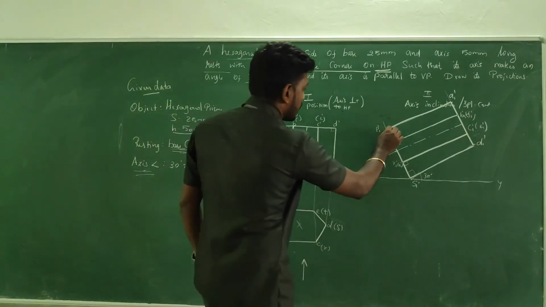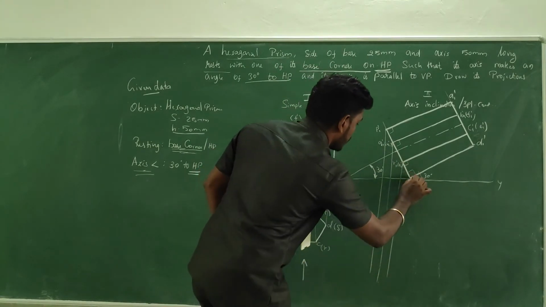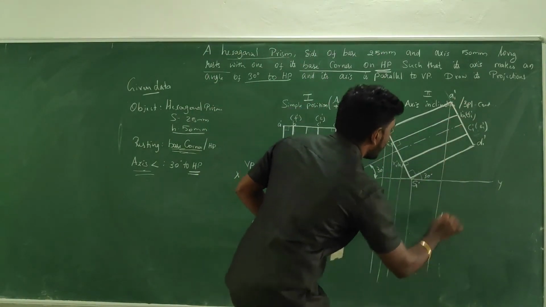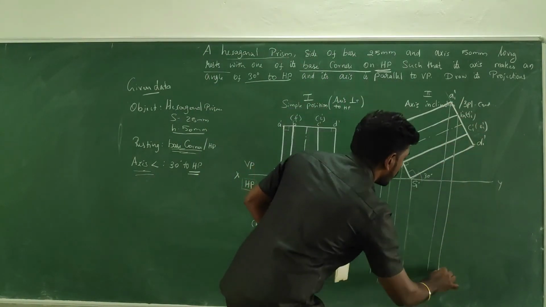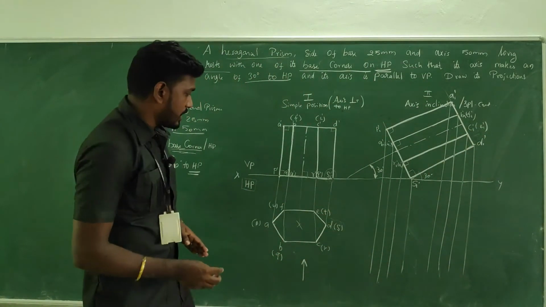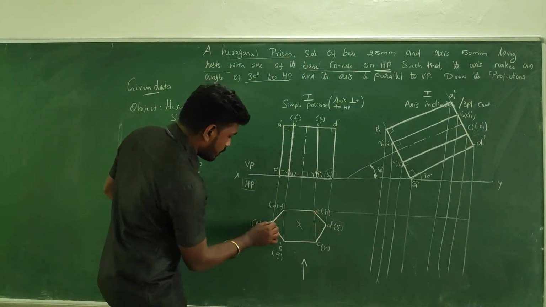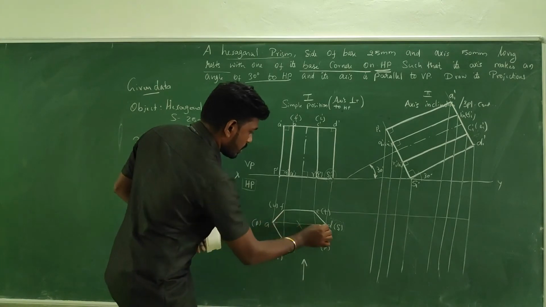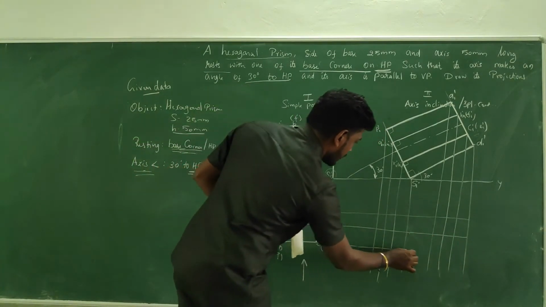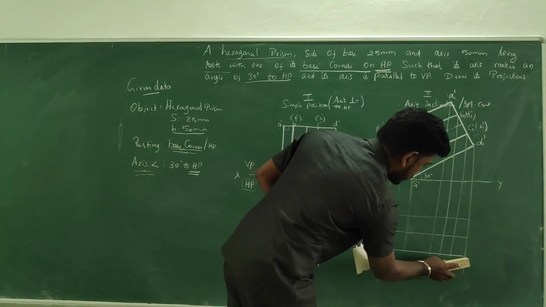So for that, take the projectors from the previous stage, like this, the perpendicular vertical lines, vertical projectors, from both the ends or bases we can take the lines like this, and from the previous stage take the horizontal projectors. So F and E will be coming in the same line, these 4 points will be coming in the same line, these corners B and C will be coming in the same line. So these are the projector lines.